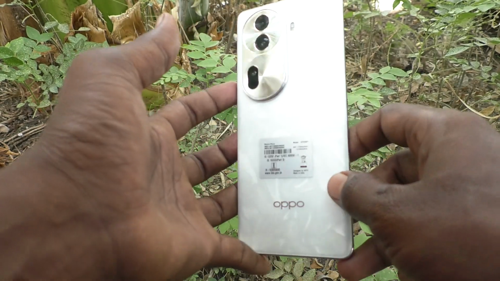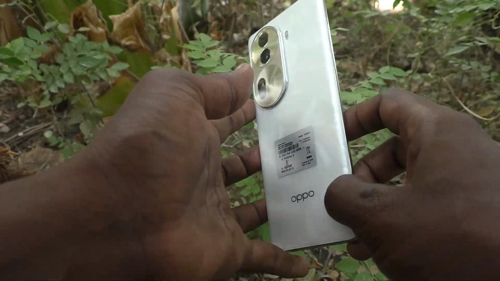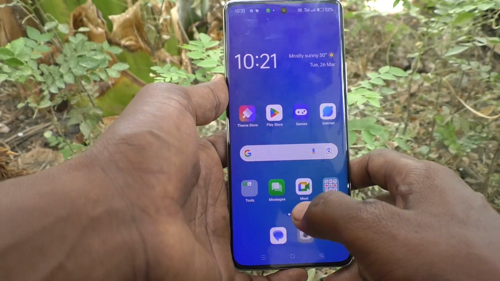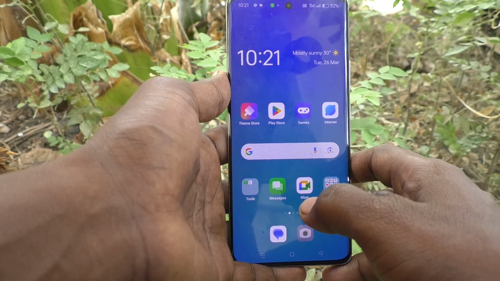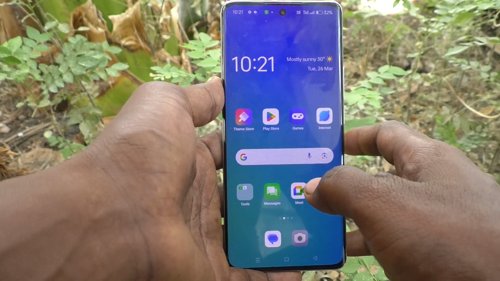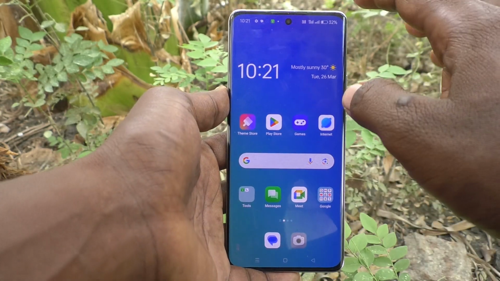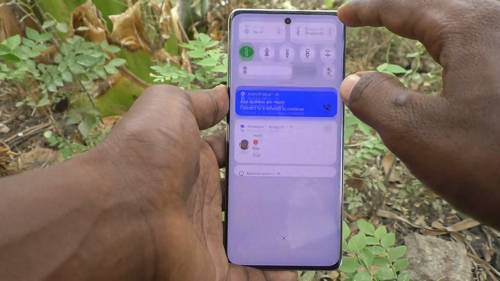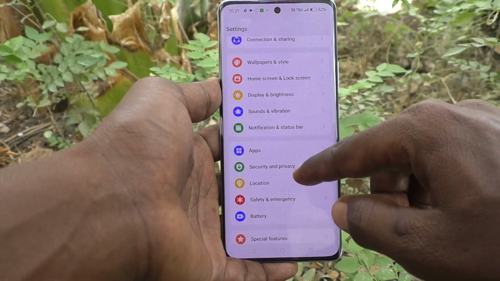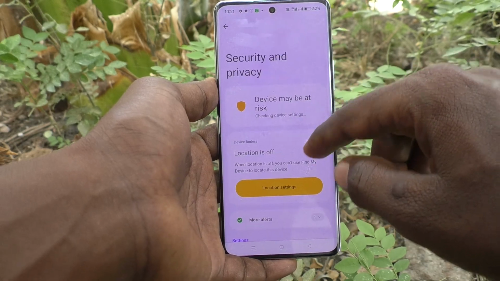Here is Oppo Reno 11 Pro 5G smartphone. In this video, you will learn how to remove hidden apps in your phone Oppo Reno 11 Pro 5G. First of all, in your phone, go to settings of your phone here. Then go to security and privacy, and here